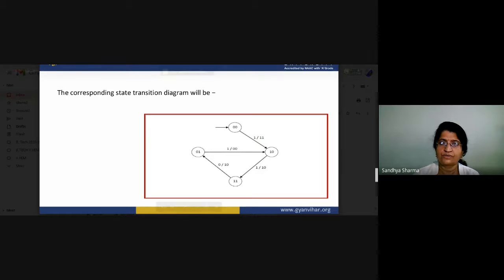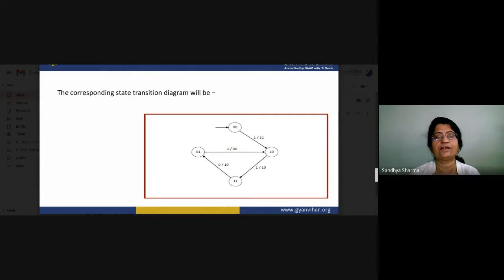So this is our corresponding state transition diagram which we have to study. I think it will be clear to you. You are only given the input bits. You have a constraint length k encoder. You have to enter your bits one by one, and calculate the output of that encoder for the particular input values, and that encoder will give the output value.